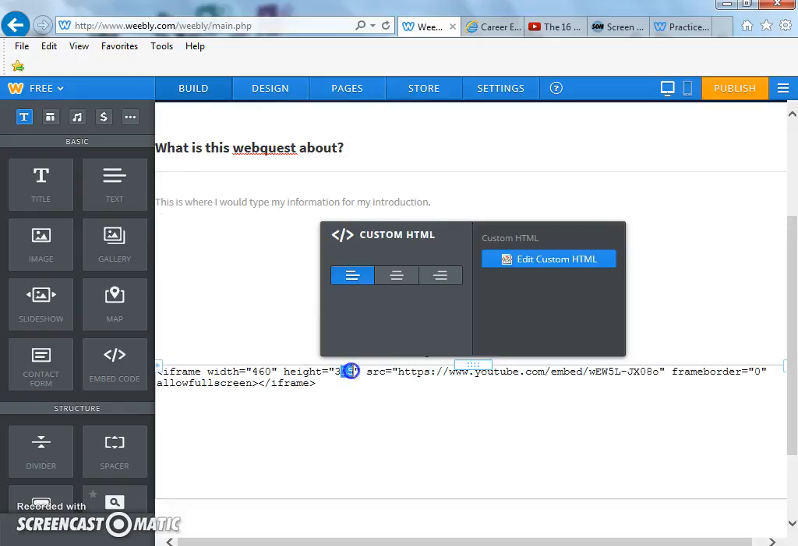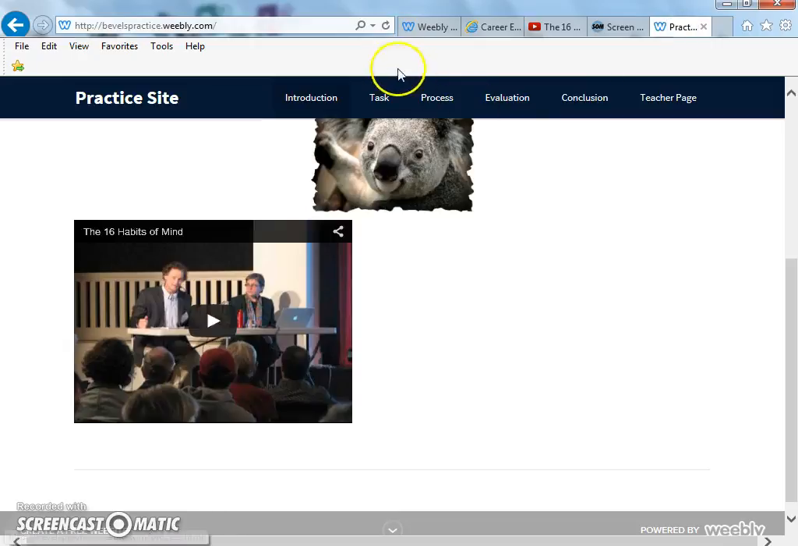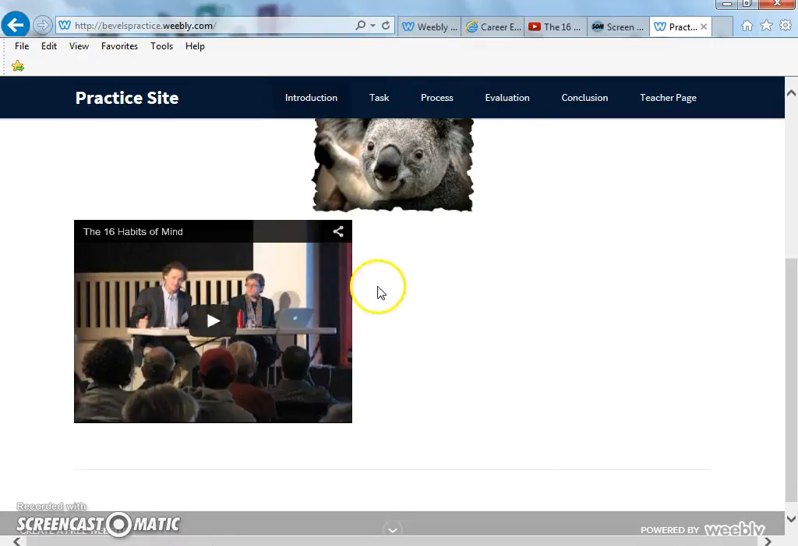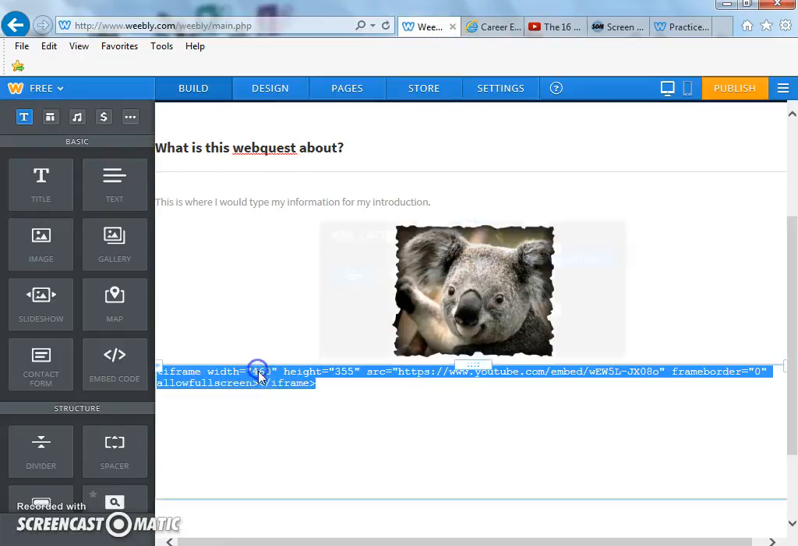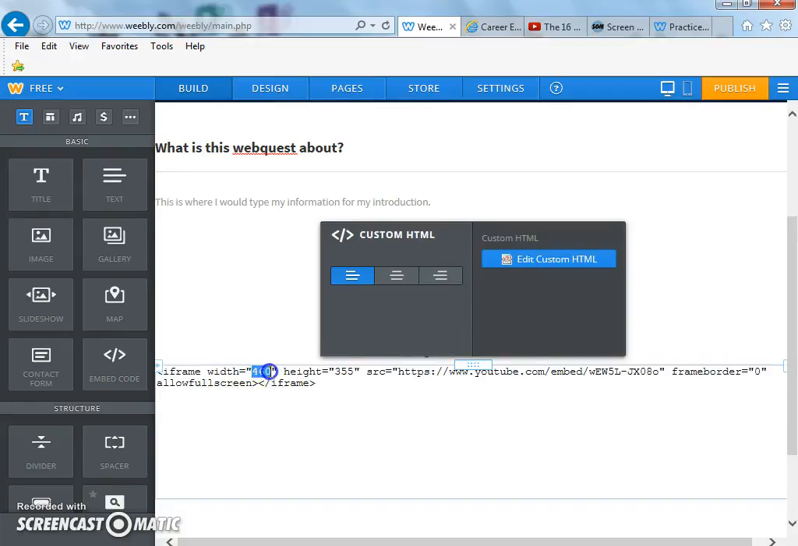Because I changed that 40, I'm going to change this to 355. Okay, so we'll go back to this, refresh. It may not show much of a difference because I didn't change it very much, but that is how you can change the size of it if you want to. So I'll try 600, 400,